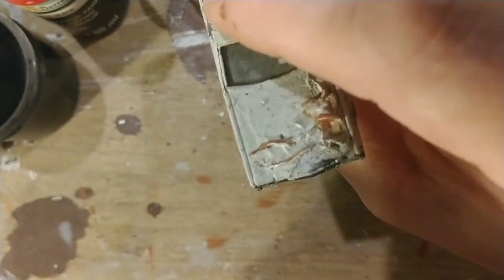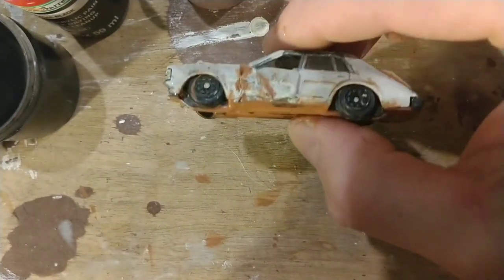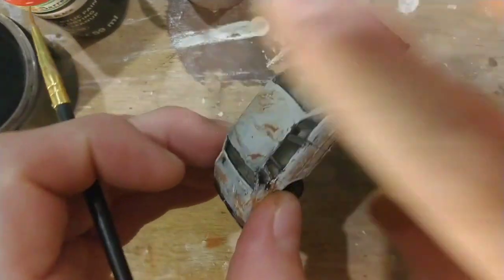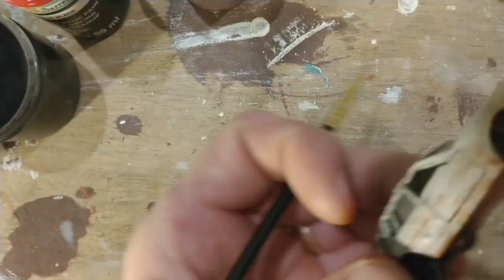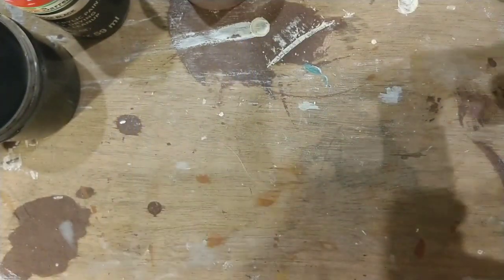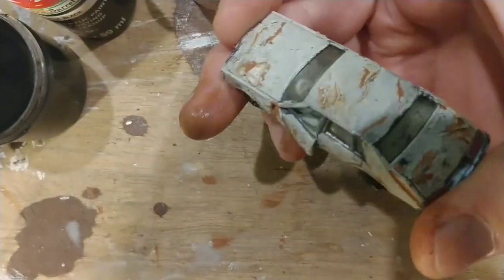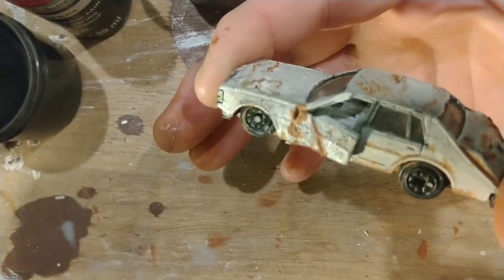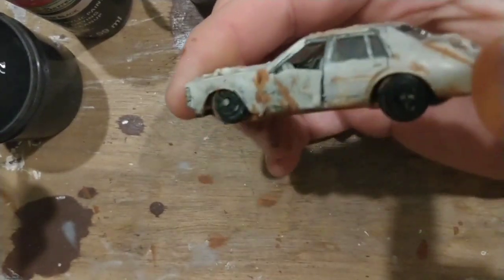All right, that's pretty good. I've wiped a lot of paint off the bottom by not letting it dry, but that's no problem. We'll touch that up later as well. Now, the next step, and an important step in this,